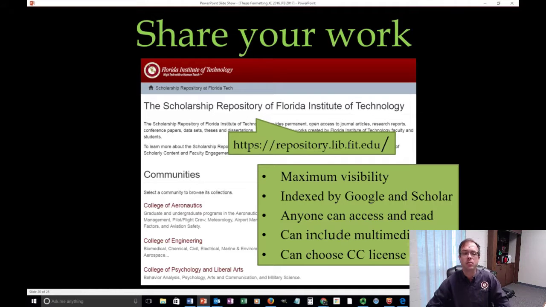Also, it's indexed by Google Scholar. You'll get fame, maybe not fortune, but you'll certainly get fame. Anyone can access and read it. You can include multimedia if you have multimedia that's part of your document, and you can choose a Creative Commons